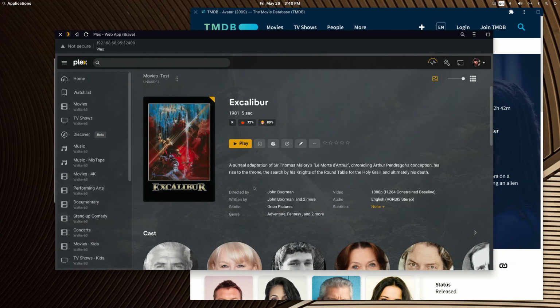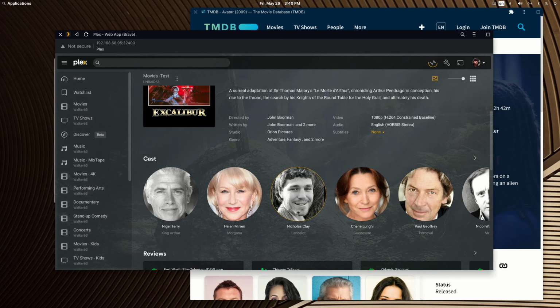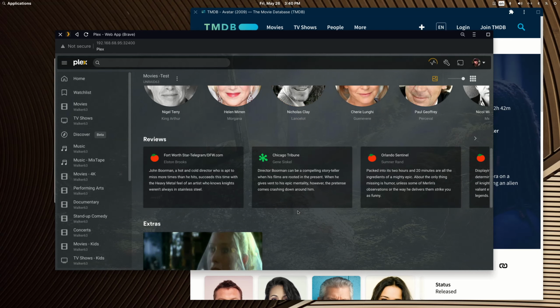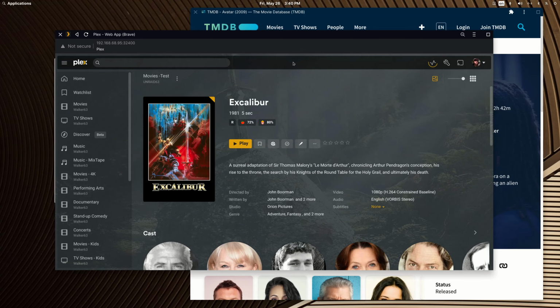And of course, it pulls all the proper metadata, and it pulled them incredibly fast. So it's really easy to get things scanned into Plex as long as it's formatted right and as long as you know how to point the library correctly. These 3 dots allow me to scan my library manually, or I can manage it here, and if I click